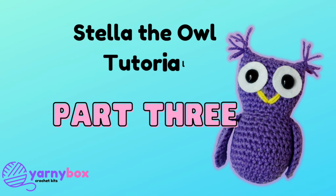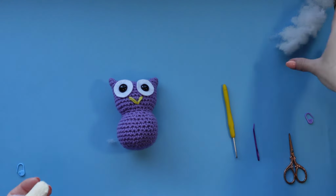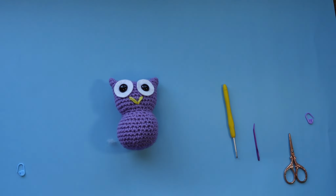Welcome to part 3 of Stella the Owl tutorial. This next part is optional, but if you want to give your owl some little feathers on each side of the head, all you have to do is grab some of your purple yarn